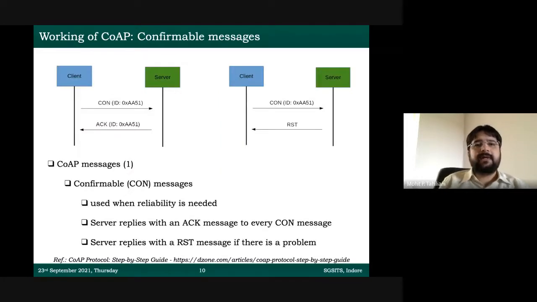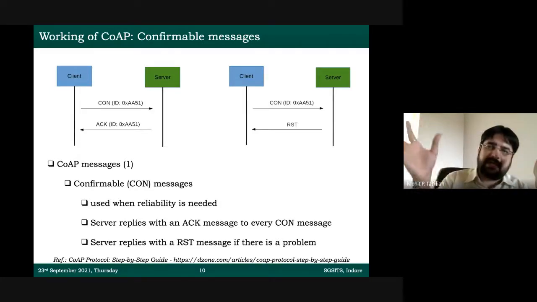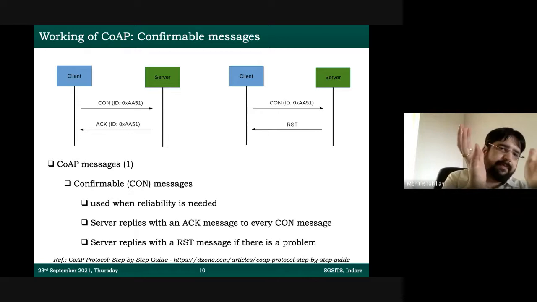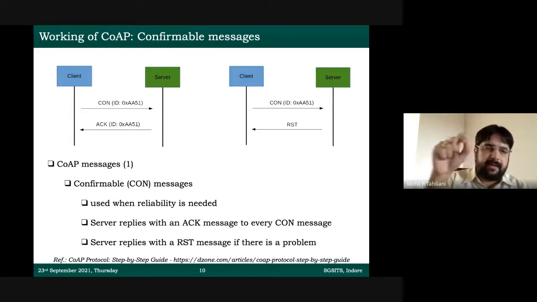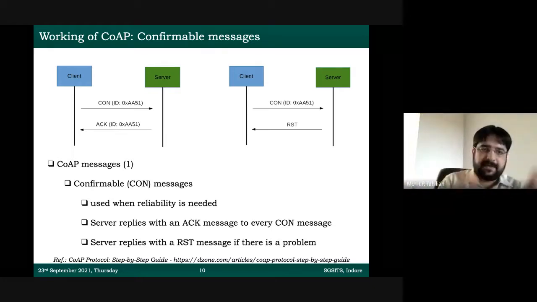Let's go forward and take a look at confirmable messages first. So take a look at the top of the slide. These are confirmable messages being exchanged. On the left-hand side diagram, there is a client and server, and on the right-hand side also there is a client and server. Let's take a look at the pair on the left-hand side, and you can see a message is sent from the client in which it is written CON. Vishal will show you in the packet capture, and this is what he was trying to show, and I said, no, let me first explain.